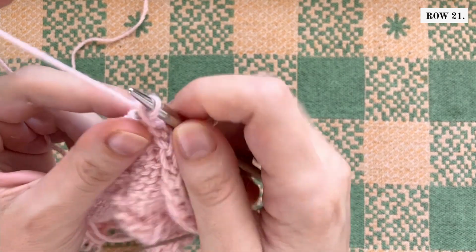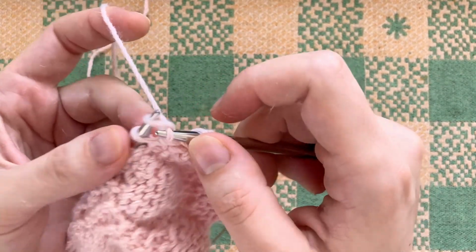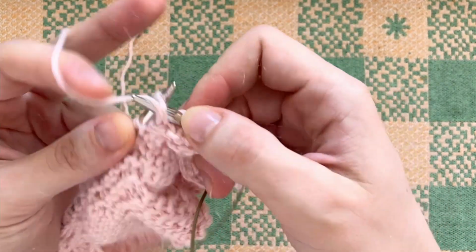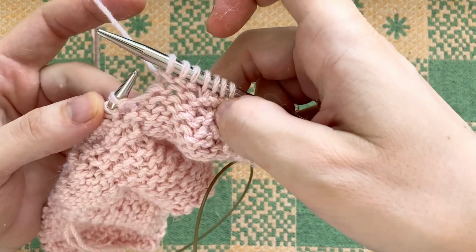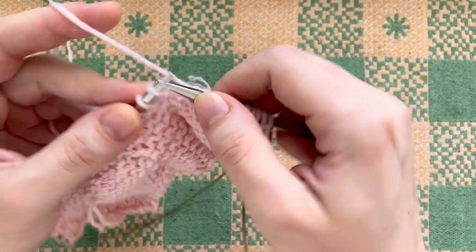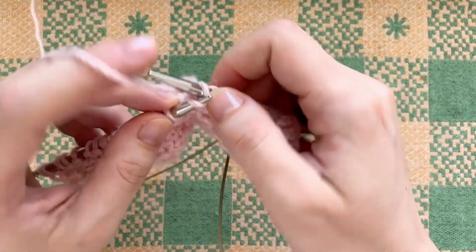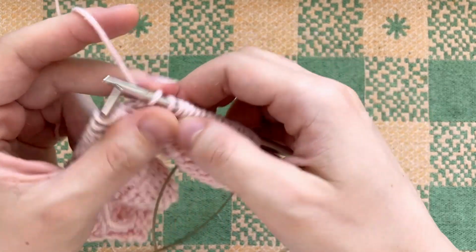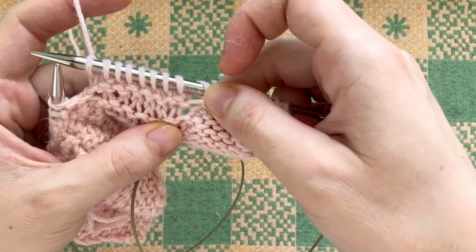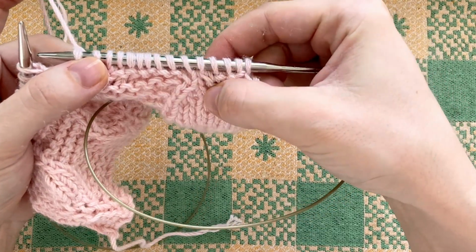The 21st row begins with 1 more edge stitch than we had in the last row, that's 4 for me, we knit these. Then we purl 3 stitches, knit 9, and repeat from purling 3 until we get to the 4 edge stitches at the end of the row, and we knit those. We knit the 4 edge stitches at the beginning of the 22nd row, then we do a